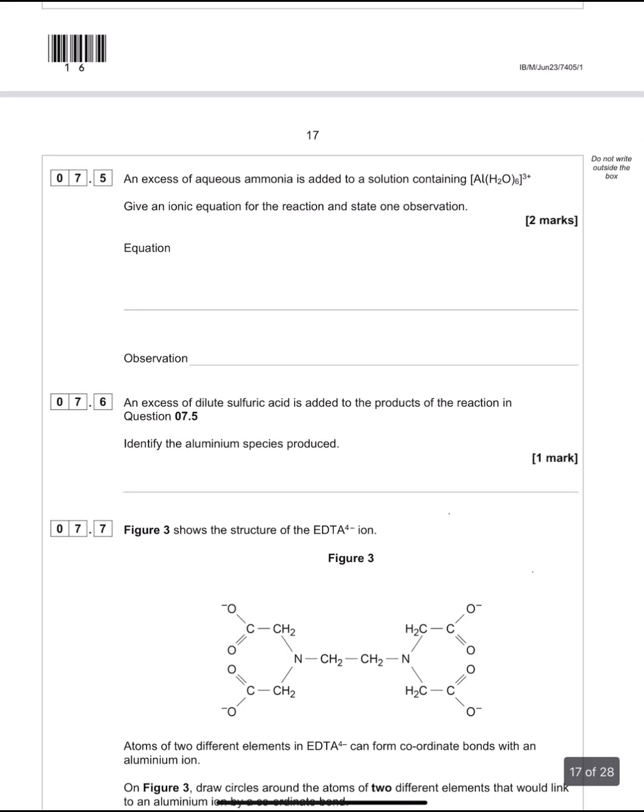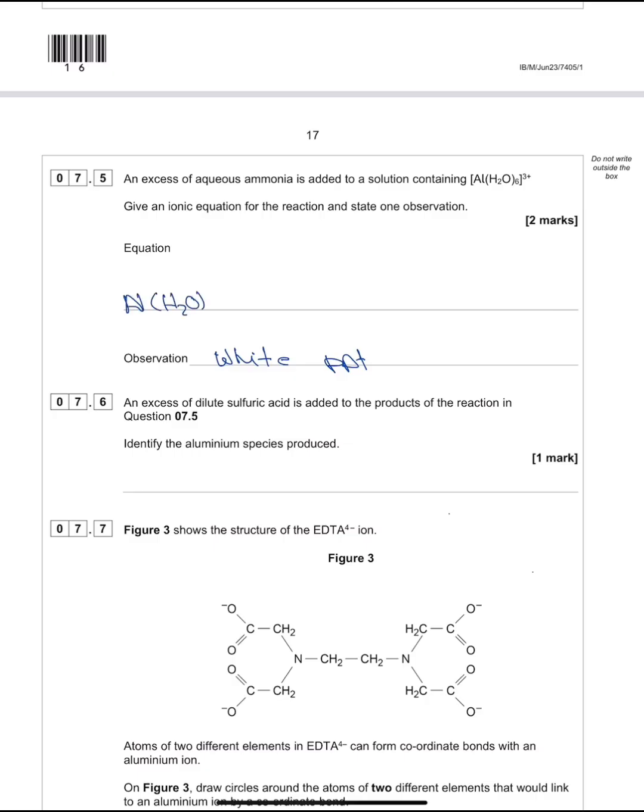An excess of aqueous ammonia is added to a solution containing the aluminum aqua ion. Give an ionic equation for the reaction and state one observation. So in presence of ammonia, whether it's concentrated ammonia, whether it's excess or just some of the ammonia, the product will be exactly the same, which is the aluminum hydroxide. And the aluminum hydroxide is a white precipitate. So the observation is a white precipitate is formed, and then the equation is going to be the aqua ion